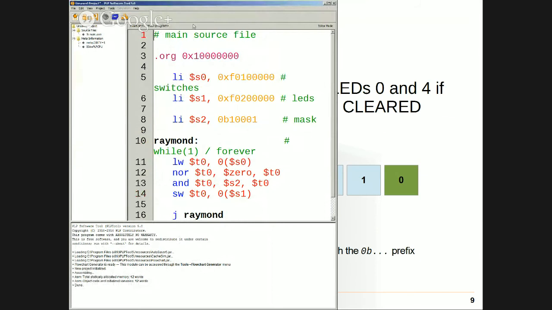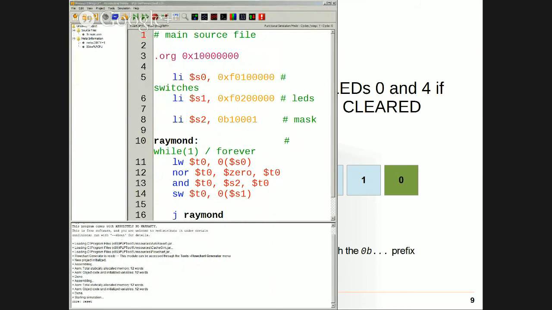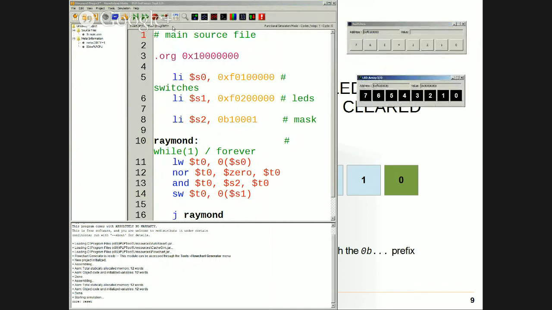So let's bring up our switches, our LEDs. Let's start the program. So load word from the switch, NOR it. Boom.